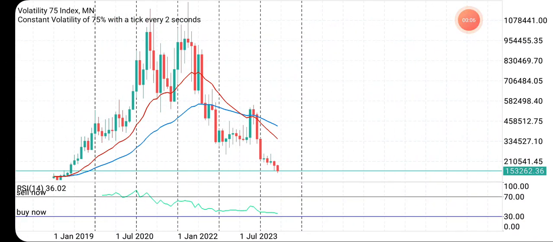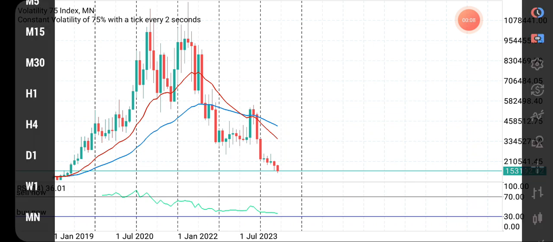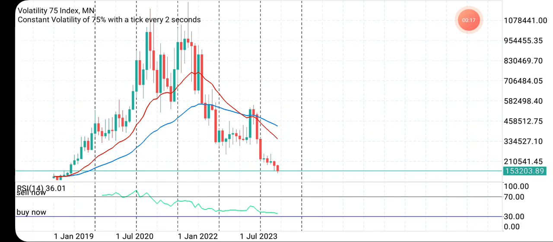I don't know why my phone is changing like this. This is VIX 75, and this is monthly time frame. I always tell anyone trading with me that anytime you want to analyze the market, always start with higher time frame. By marking now the low,